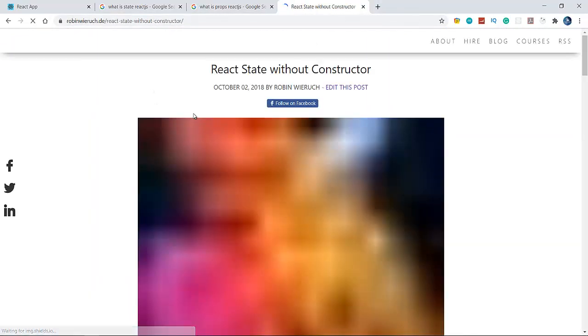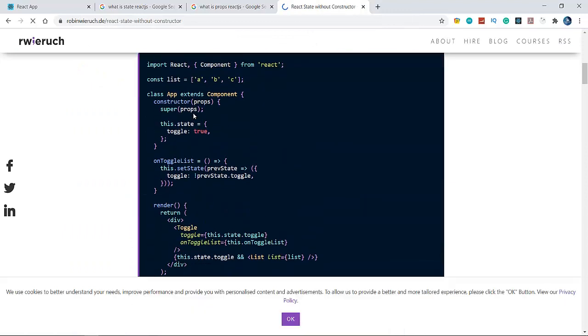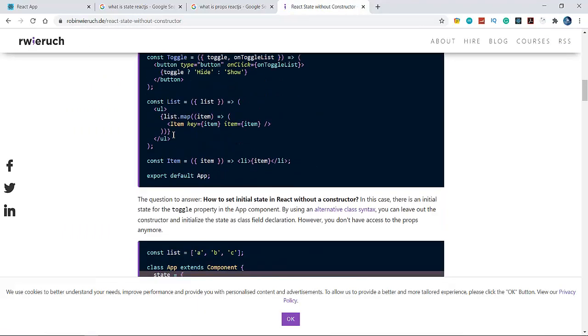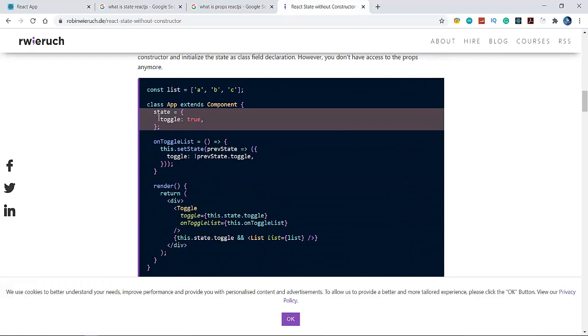See that here is a React state without constructor. Here is a state here. See that this.setState. There will be one function here. That's why it is giving us the error here.